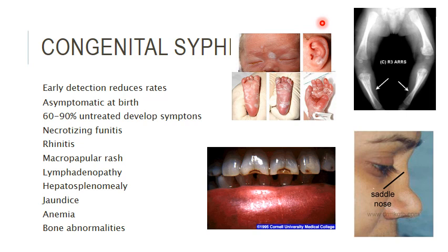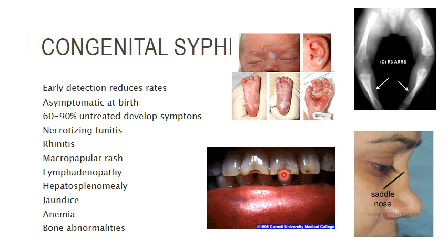They'll have painful limbs and bone abnormalities, and that includes things like saber shins and saddle nose here. This probably wouldn't be noted very early on, but the saber shins, this would be a baby that won't stop screaming. And to touch its limbs, the baby would start screaming. They'd do an X-ray, and they could see these. You can see these bends to the